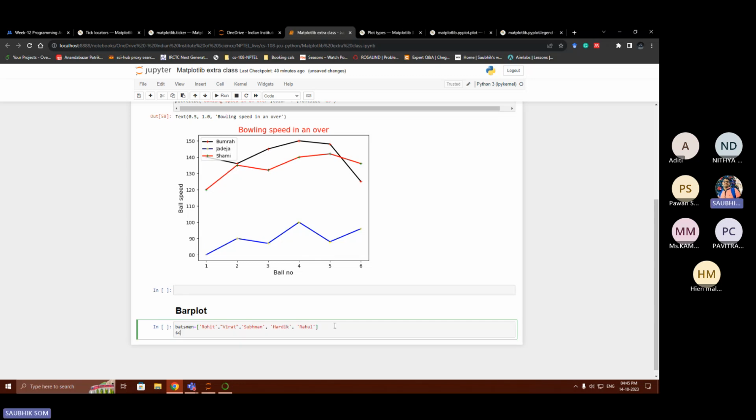And we are saying average scores in World Cup. So the scores will be, maybe say, average score in each match. For example, for Rohit Sharma, it may be 70. For Virat Kohli, it may be 78. Shubman,